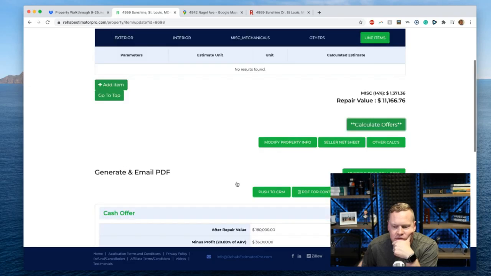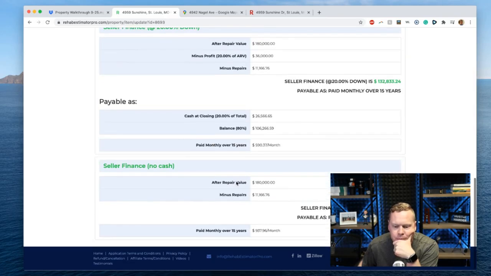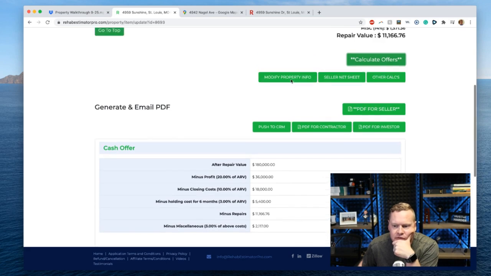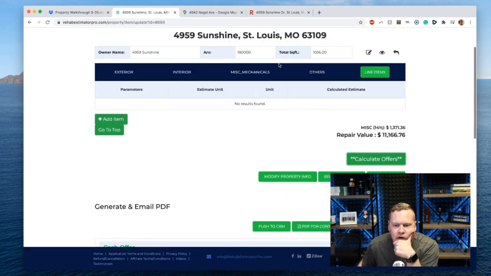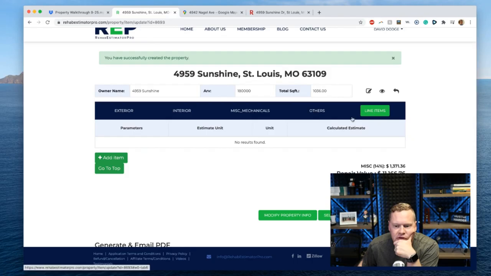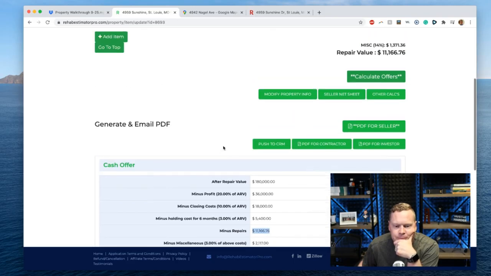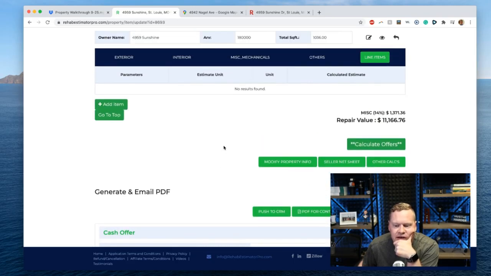Let's calculate offers. Yeah, this is the cool stuff, though. Here's where it gets really cool. So if you look at repairs, they are about $12,000. That's good. Let's look at